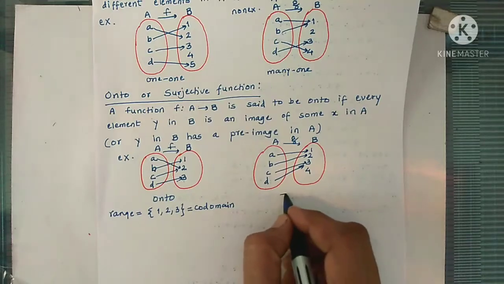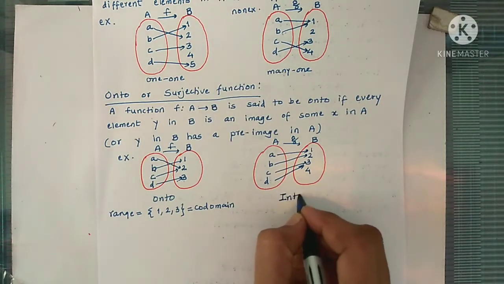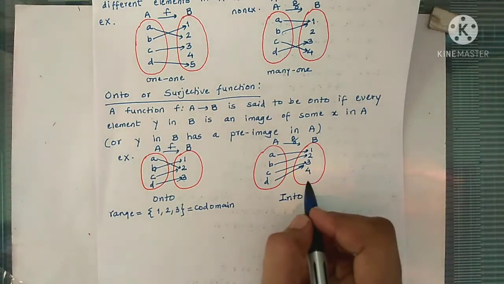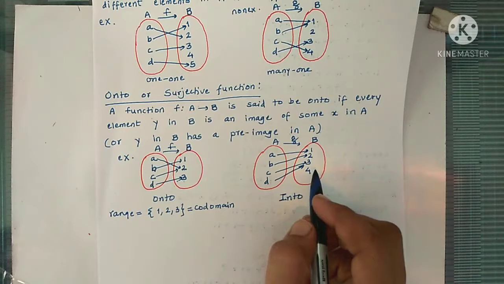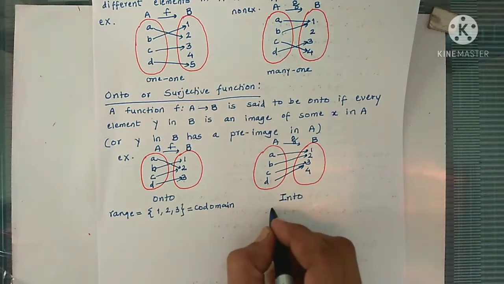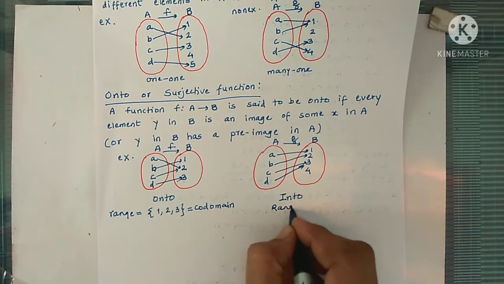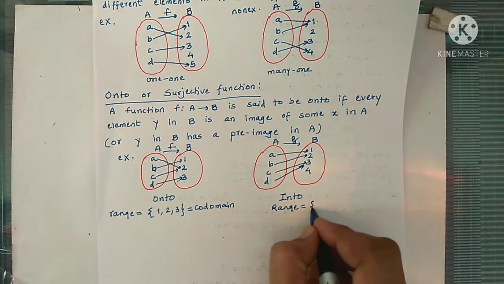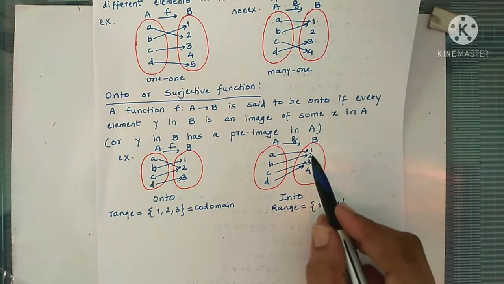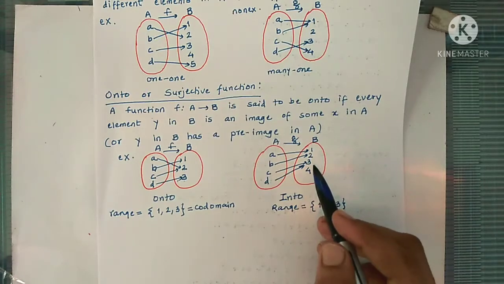Such a function is known as an into function. This one is an onto function and this is known as an into function. So in an into function, there is at least one element in set B which does not have a pre-image in A. And if we write the range here, the range is the set having elements 1, 2 and 3, and the codomain has four elements,